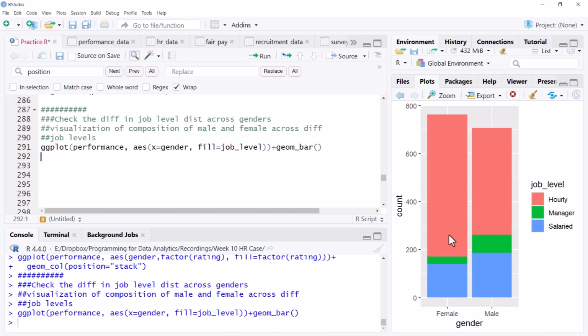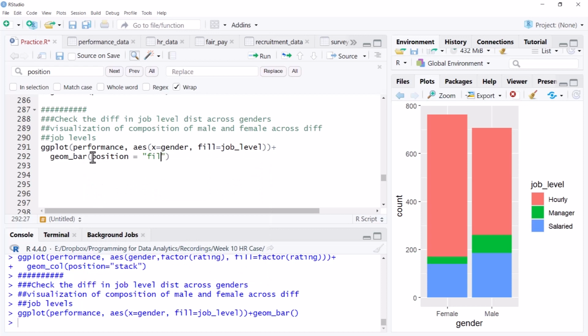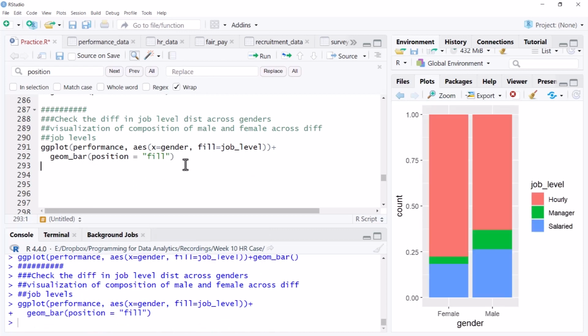So this gives us some idea. In fact, I could have used position equal to fill also as an argument. Like we see stack, fill, and so on. If you fill it, it will scale the entire thing. So you can see